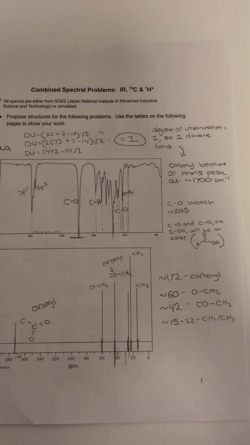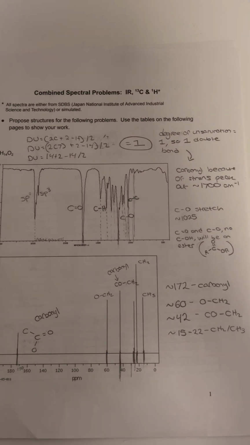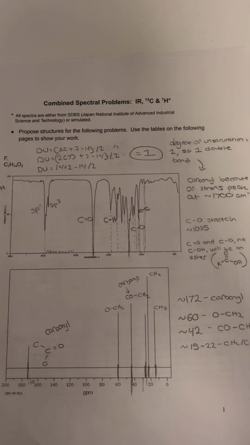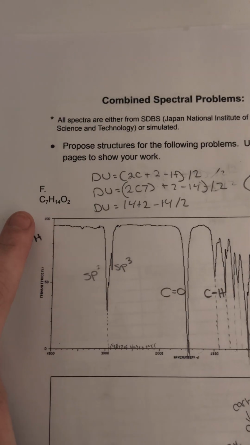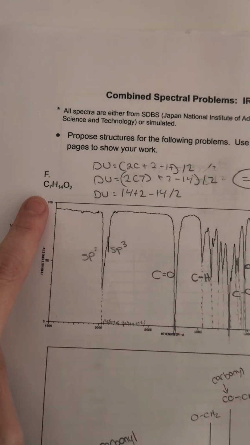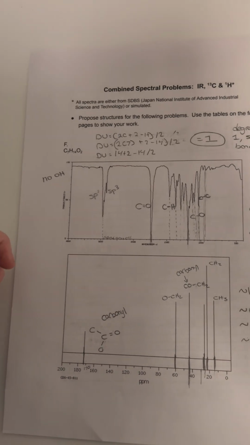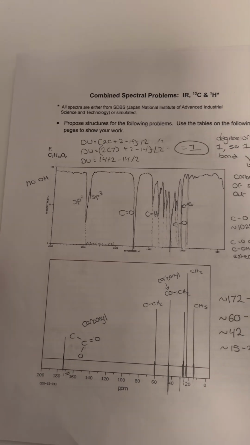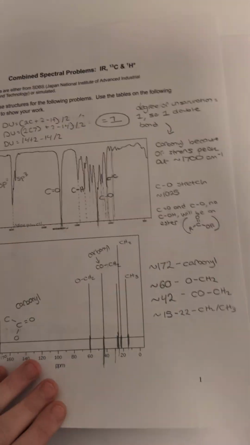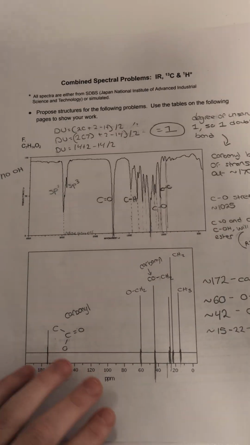Hi everyone, the purpose of this video is to very briefly talk about how I figured out the structure of this compound, C7H14O2, using the IR, CNMR, and HNMR data that I was given. So I was given